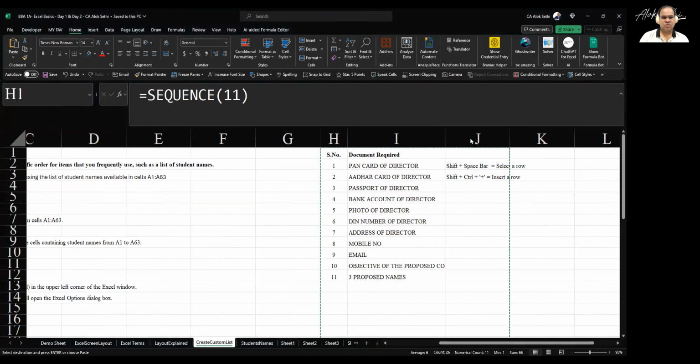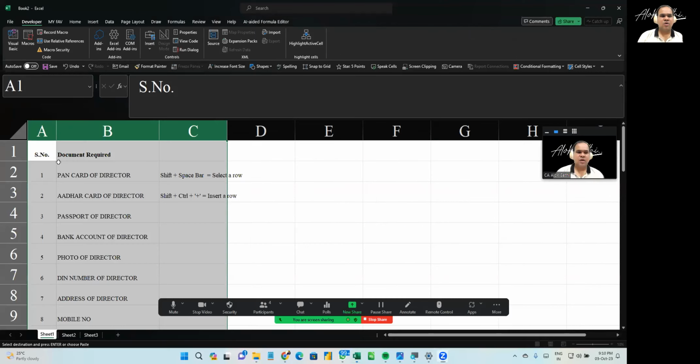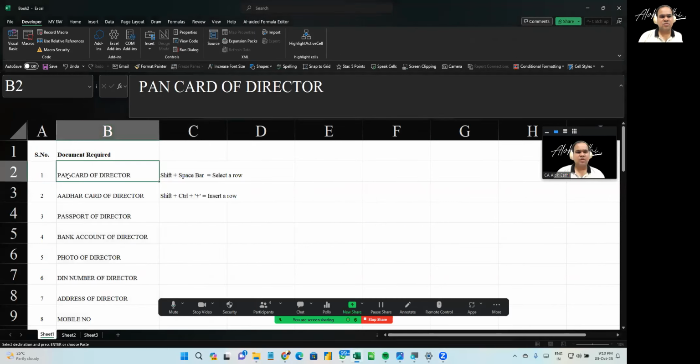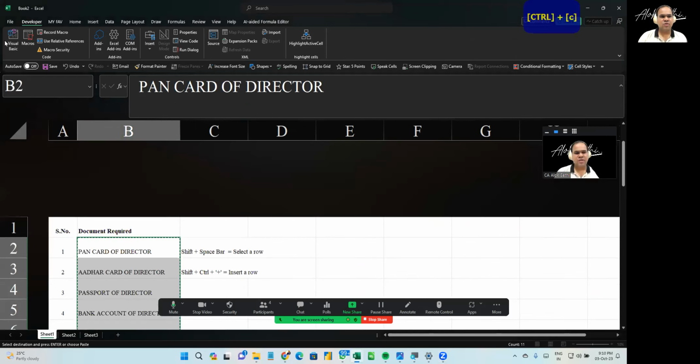Okay, so yeah, I have copied this in another sheet in Excel. And in that sheet we are going to see all this. Now once you have copied this list, what you'll do is you'll go to